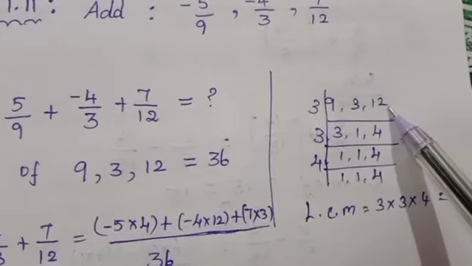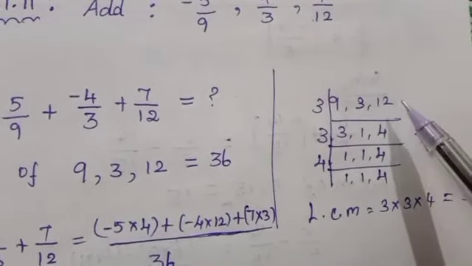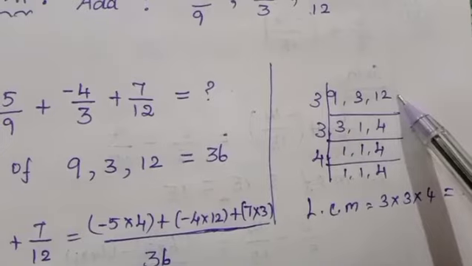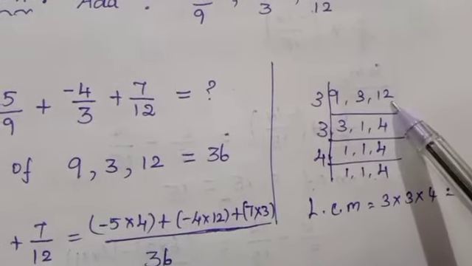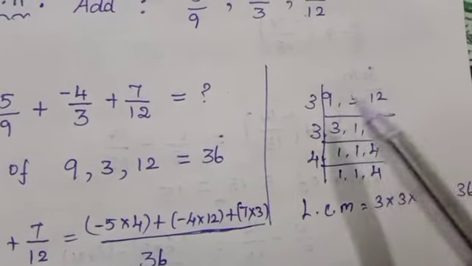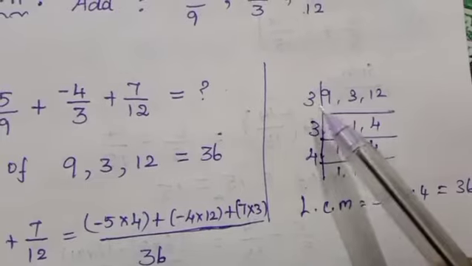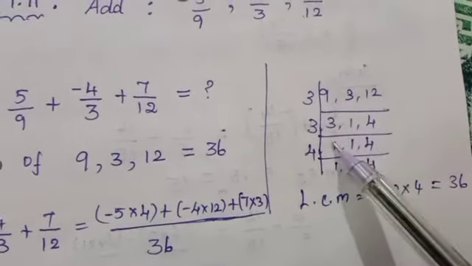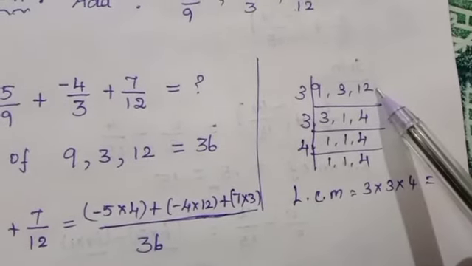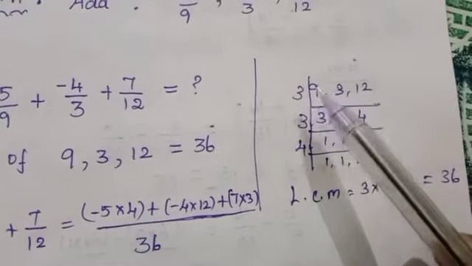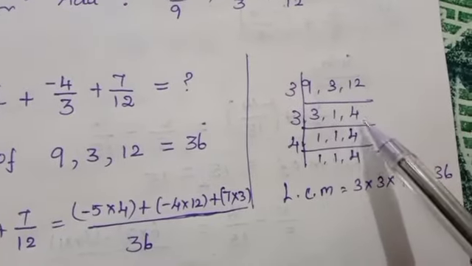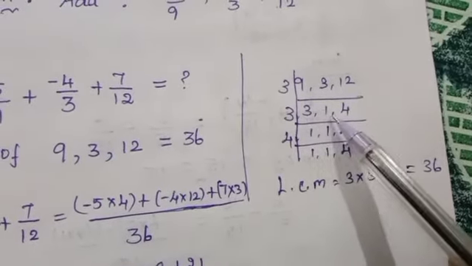If even that is not possible, we have to take the numbers one by one. The first possibility is that these three numbers are divisible by one number, otherwise at least 2. Now 9, 3, 12: these three numbers divide exactly by 3. 3 3s are 9, 1 3 is 3, 4 3s are 12. Divide these three numbers separately: 9 divided by 3 is 3, 3 divided by 3 is 1, 12 divided by 3 is 4. Then again we have 3, 1, 4.